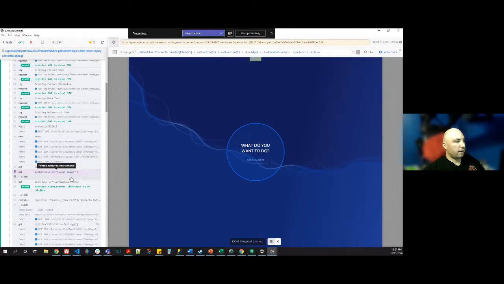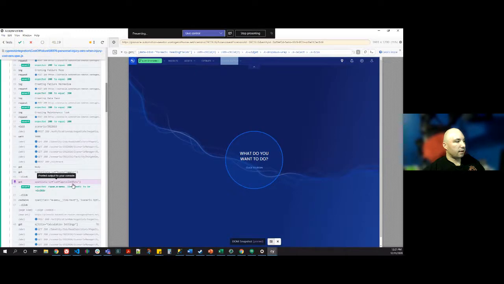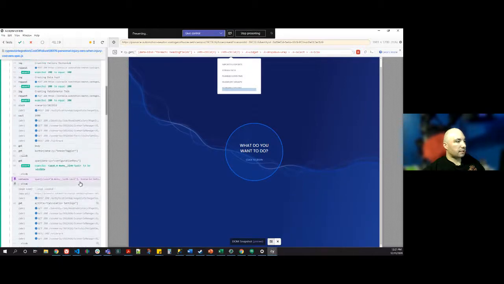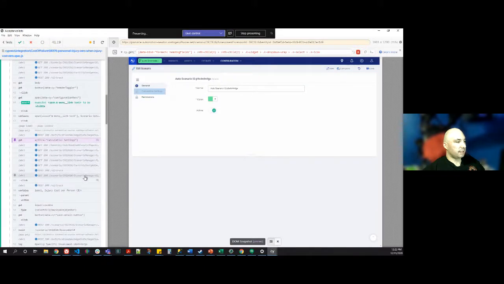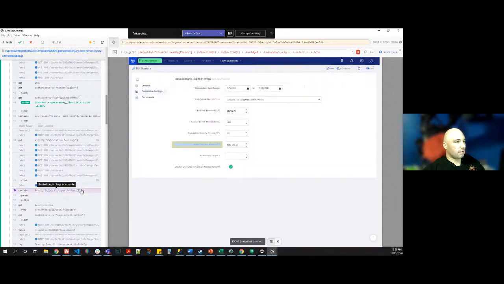Then it opens this thing up here at the top. You can see the click, which opens up this configuration menu. Goes to scenario options and clicks on it. Then from here it goes to the calculation settings and clicks on that. Operating on this label, it gets the parent, which is this whole row, then scopes to within it and gets the input, just like I said I did with within. It selects all and types 0, because that's the condition of this test, is when this is 0, a certain thing should happen. So then it goes to the save button up here at the top right,